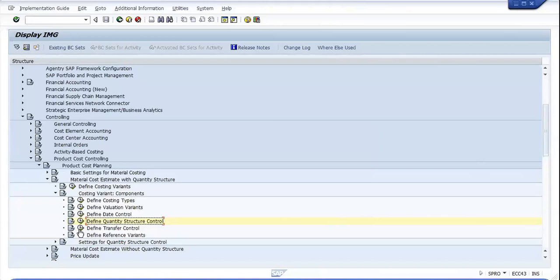It will improve my system performance, in other terms. So we can define the transfer control.